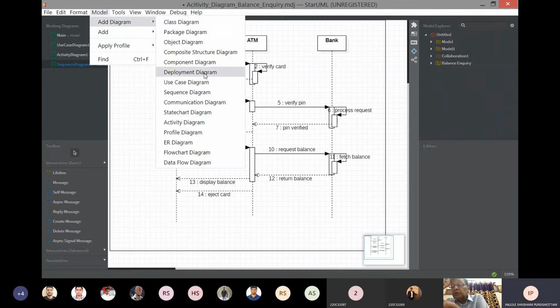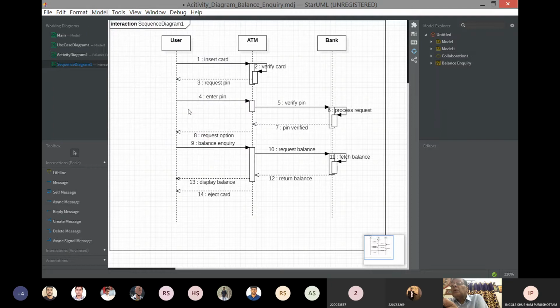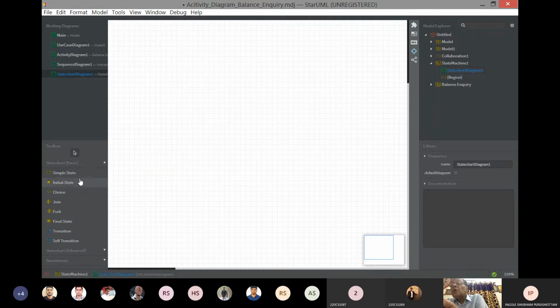So the next one we will go with is the state chart diagram. What a state chart diagram represents is the state of an object, like in the automata theory subject we learn in BTech.